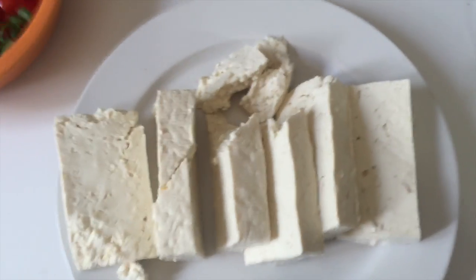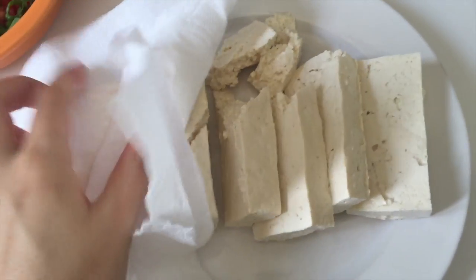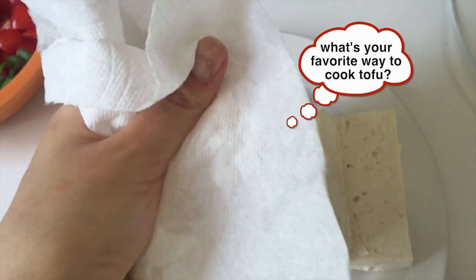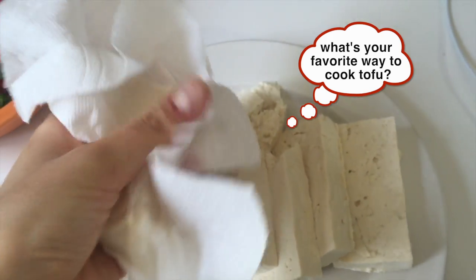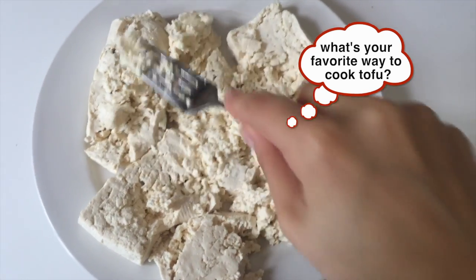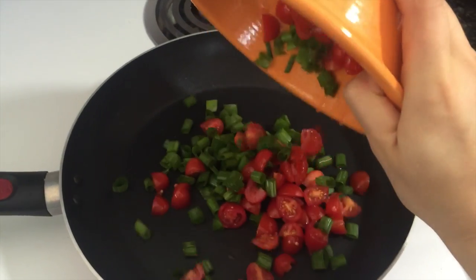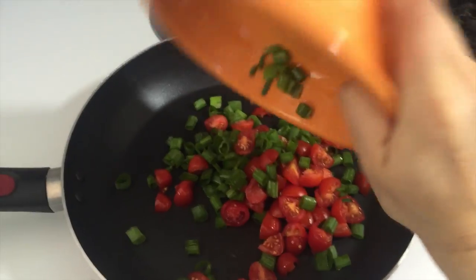The first thing you want to do is drain your tofu. I like to cut it into pieces and then just use a paper towel and squeeze it out so you get most of the wet juices out. I know tofu looks super gross, but it's all in how you cook it and it's actually pretty tasty. I started by cooking the vegetables just to allow them to soften, and then I added the tofu and my